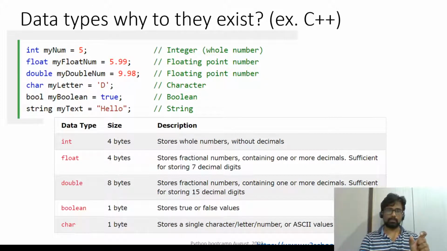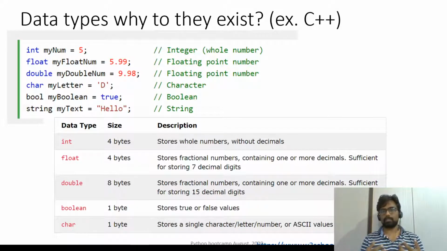So the basic idea is, the reason that you need to have data types is to tell the CPU how much data should I process in one shot. So that is the idea behind data types. If it is an integer, and it's a 32-bit machine, it will do it in one shot, because 32-bit is nothing but 4 bytes. So if it is a double, that means if the number is really big, it is 8 bytes.